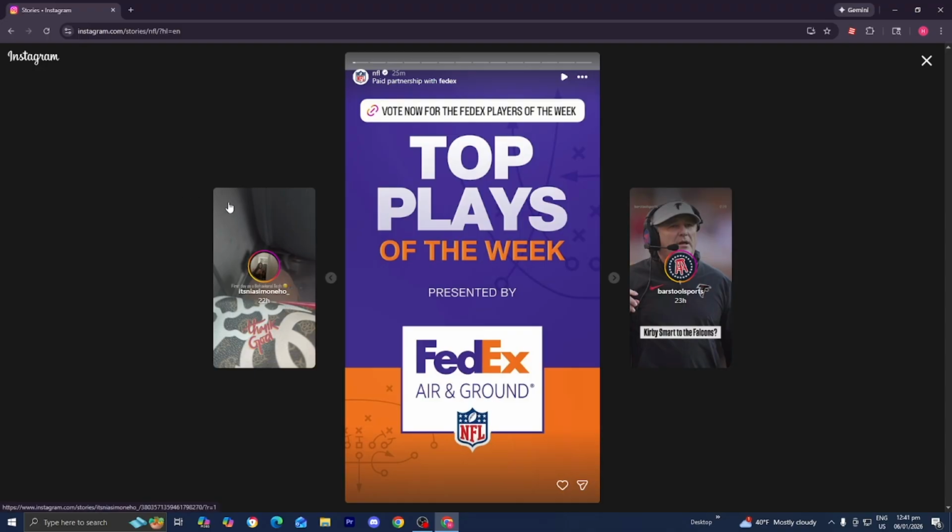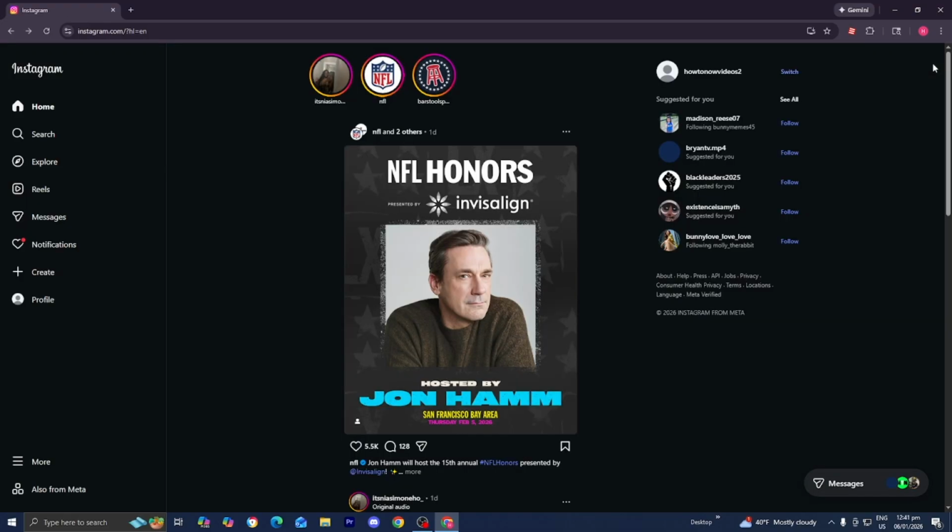We can go ahead and take a screenshot and then minimize the screenshot and zoom in to see exactly what is going on. And you could also do the same thing over here. But again, this will require you to actually follow multiple Instagram accounts, and you need to make sure that they actually do post stories. And that is a really simple way for you to view someone's Instagram story